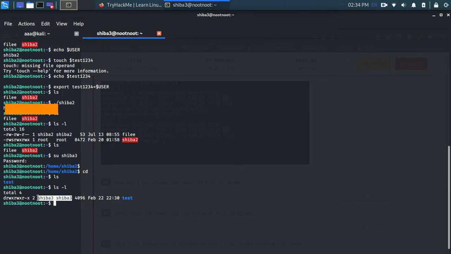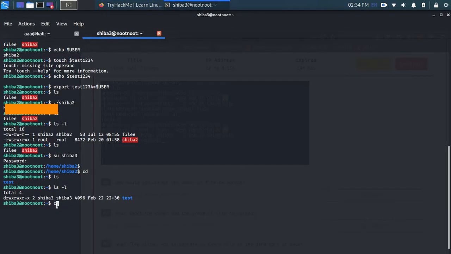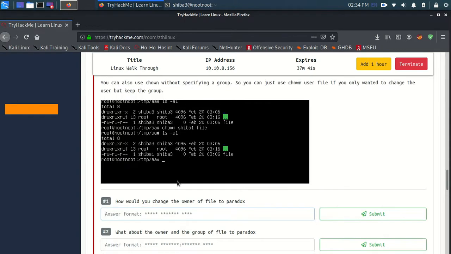So I'll just change it by doing chown, and then let's just type subs, and the name is test. Invalid user subs. Okay, there is no username as subs, that is why it's giving that error. Otherwise I can just change that.